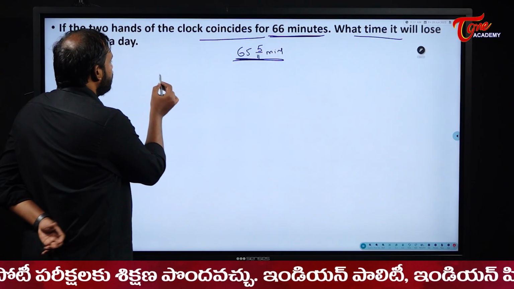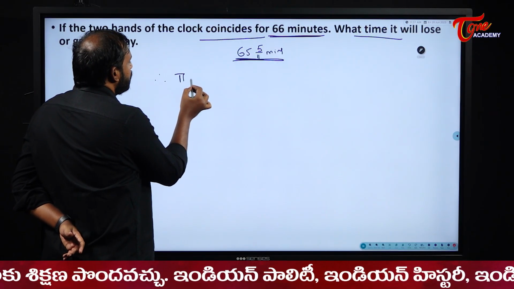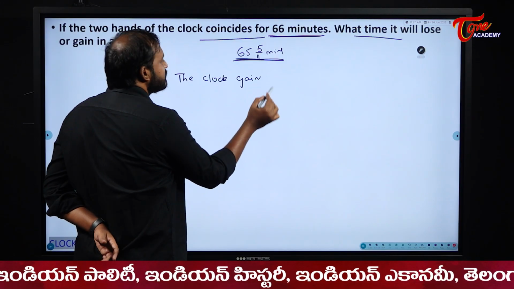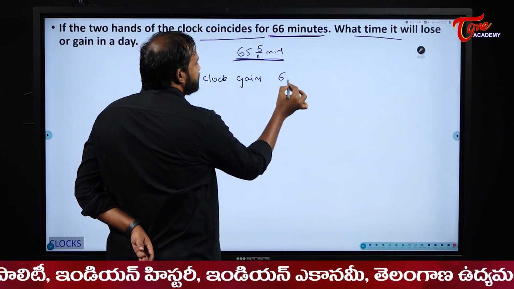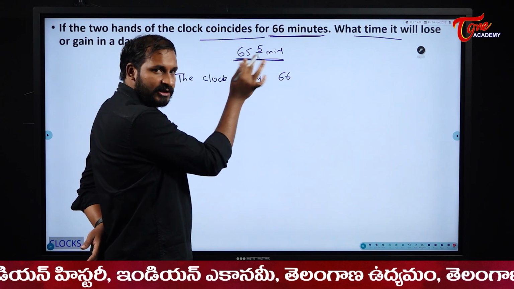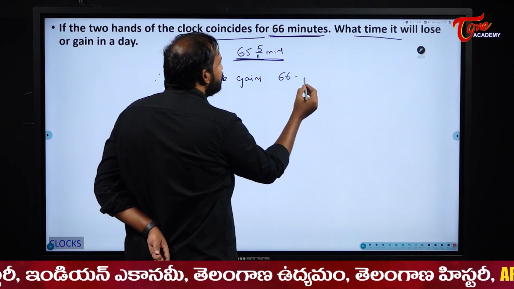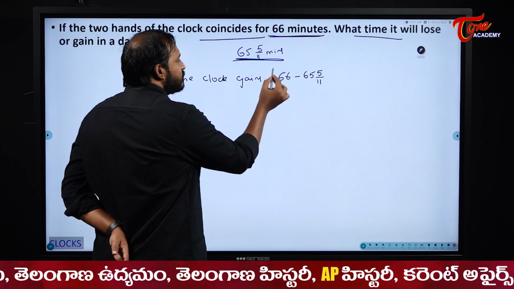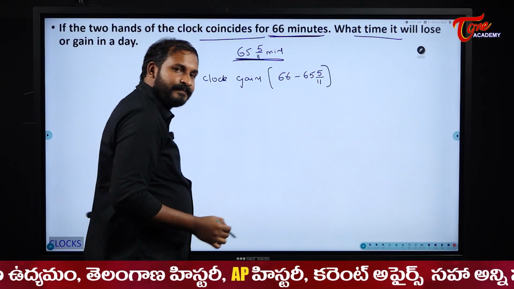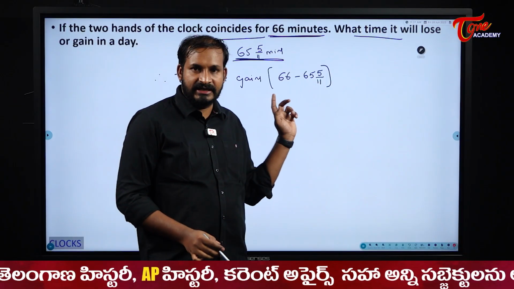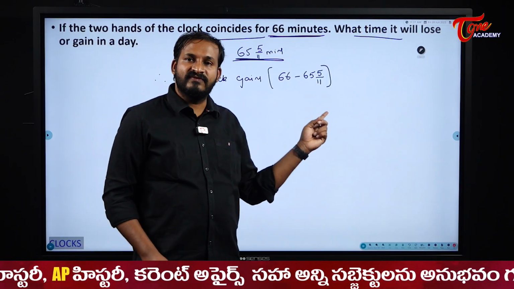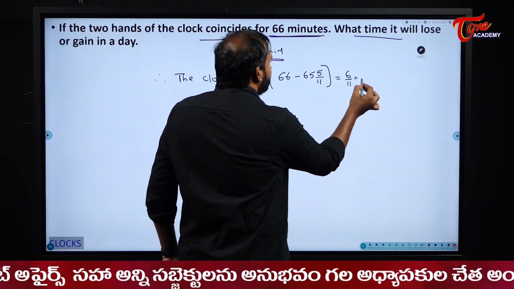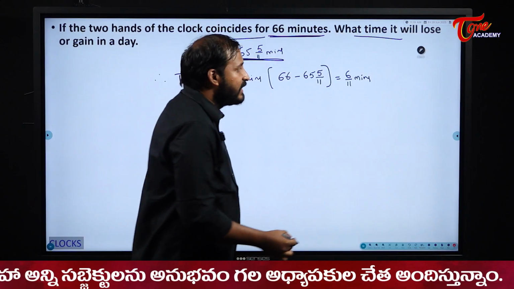So, therefore, the clock gains how much? The difference between these two students. Earlier also it was the difference. Whatever the greater one, we subtract the smaller one from it. So, 66 minus 65 5/11. Very simple. 65 will get cancelled. You will have 1 here. 1 minus 5/11 becomes 6/11. It gains 6/11 minutes for every,